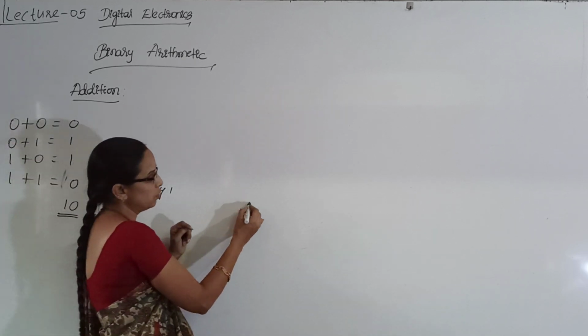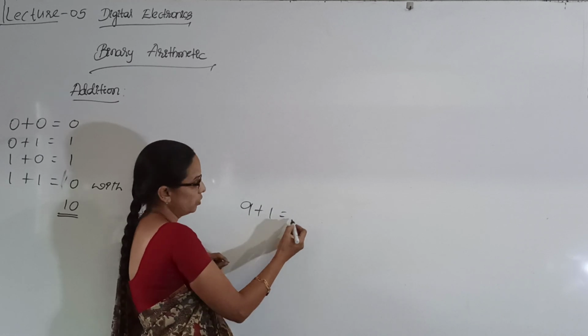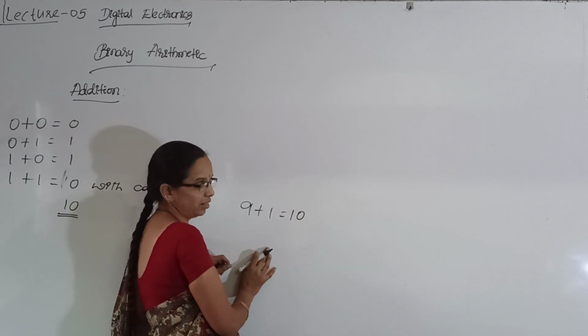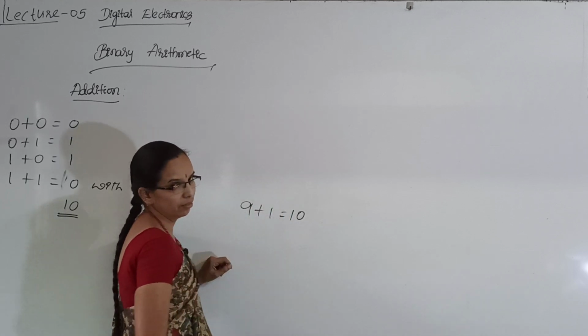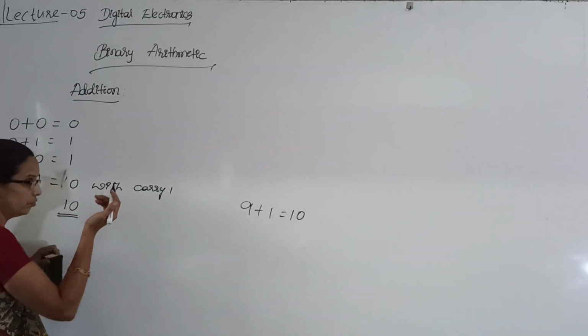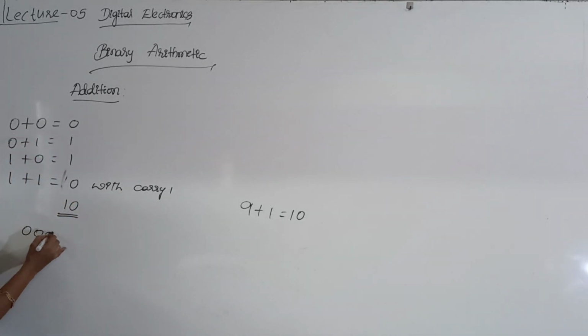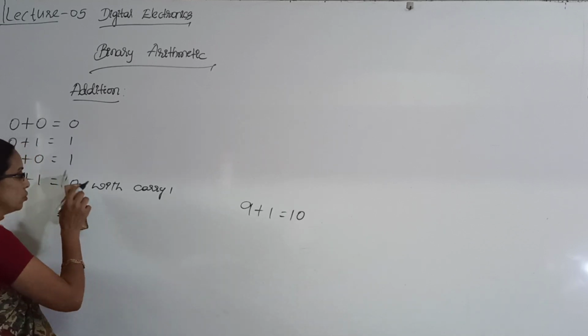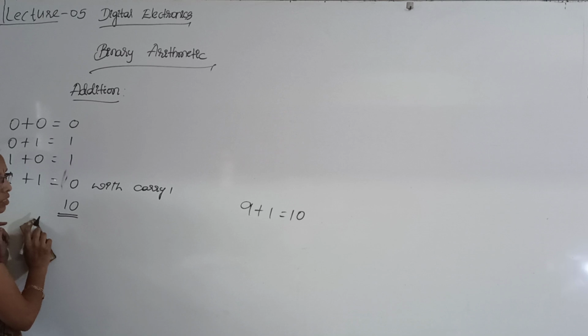In the same way, 9 plus 1, we cannot write 10, right? We will write 0 with carry 1. In the same way we cannot write 2 here. So we also know that in tables 0 0 0 0 is 0, 0 0 0 1 is 1, 0 0 1 0 is 2. Anyway, leading zeros don't have any value, you can even write 0 1 1 0. 1 0 is nothing but our decimal 2. In binary it is 1 0.